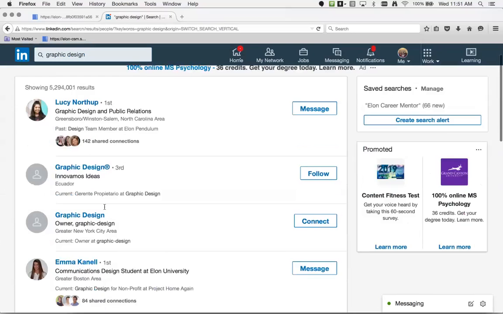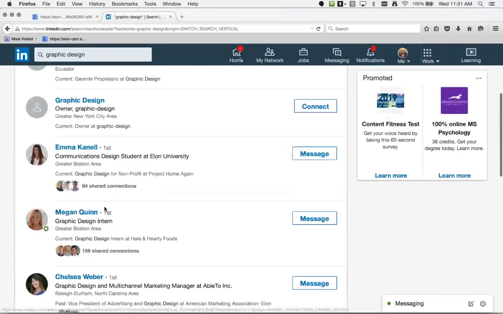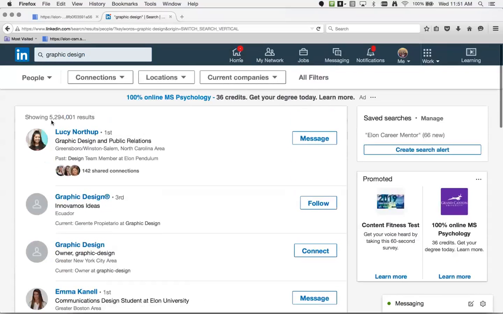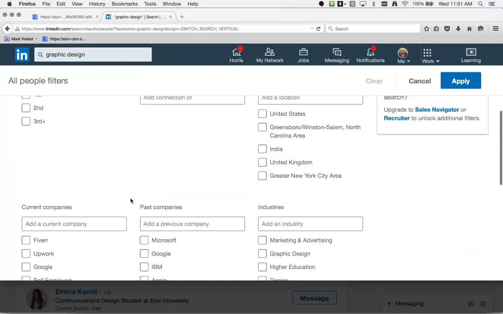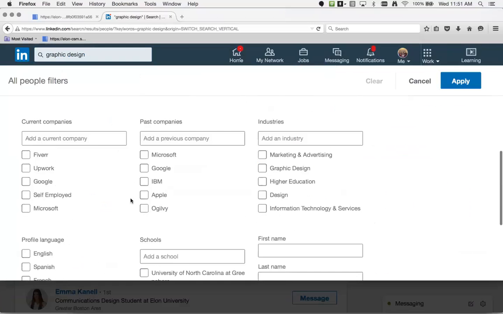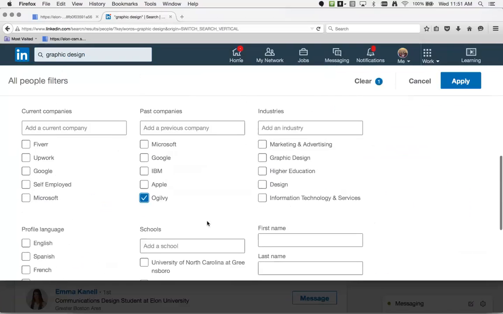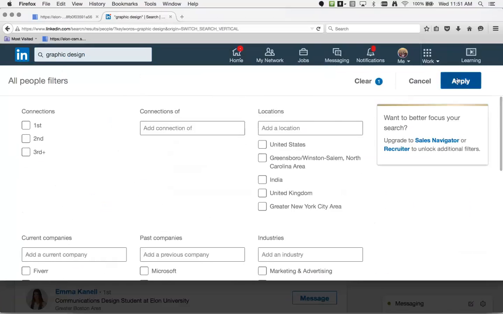And it's going to show me all the graphic design people that are connected to me, which is a lot. That's a lot of results right there. So what I can do is I can filter this down and say, okay, I'd love to work at Ogilvy. So let's see if that brings anyone up.